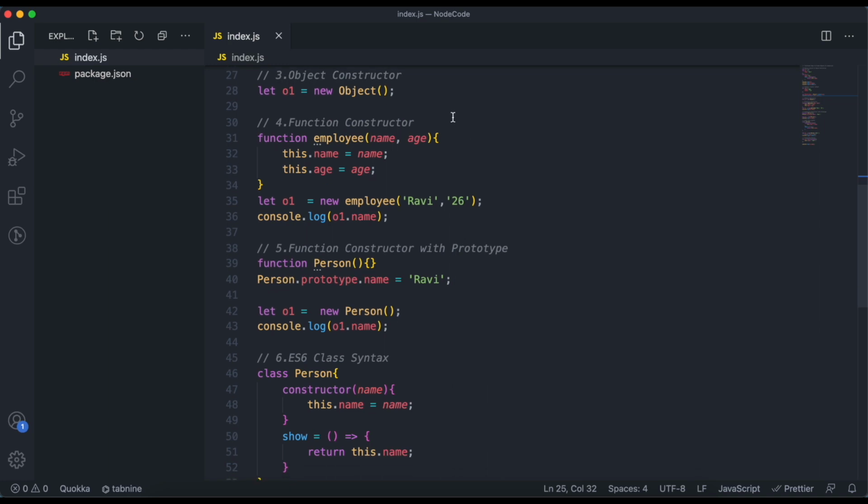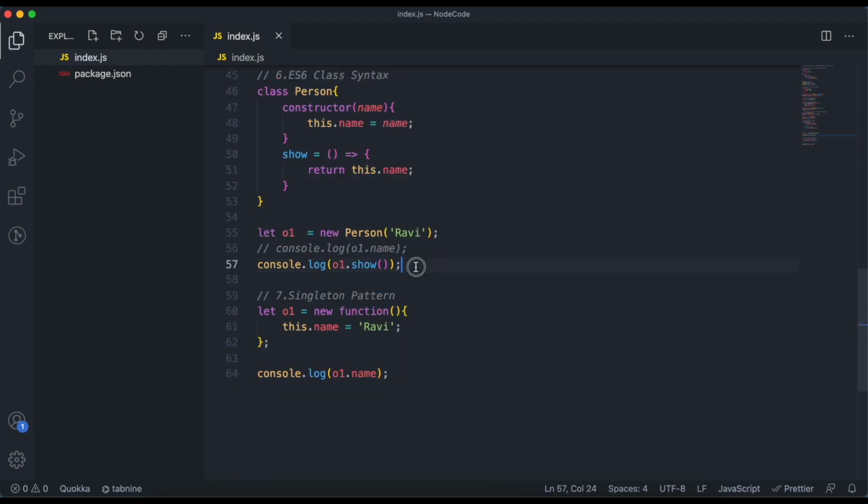And this is the object constructor, using the object constructor, then the function constructor, and we can create object using the class feature of ECMAScript 6, and then finally the singleton pattern. So you should know all these 7 different ways if you are attending any interview in JavaScript or for front-end developer.